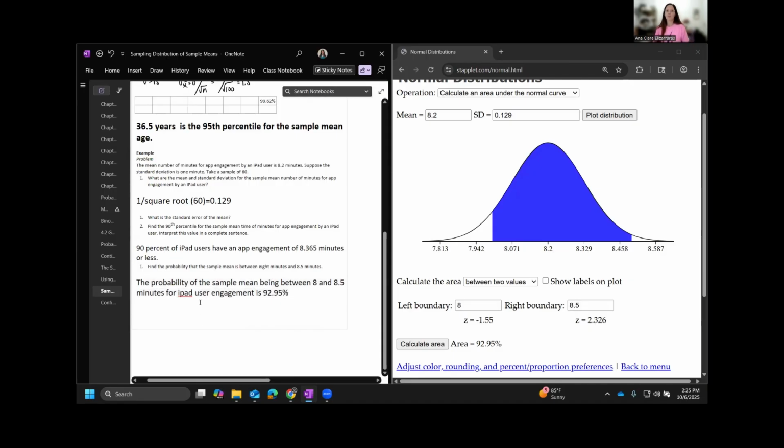All right, hopefully this helped you calculate with the sampling distribution of sample means. And we're going to be moving on to calculating confidence intervals in our next series of